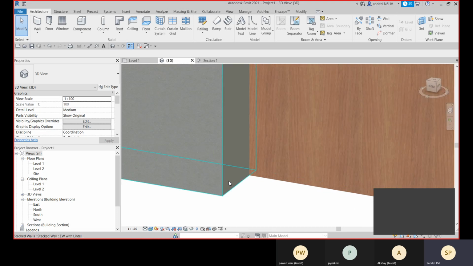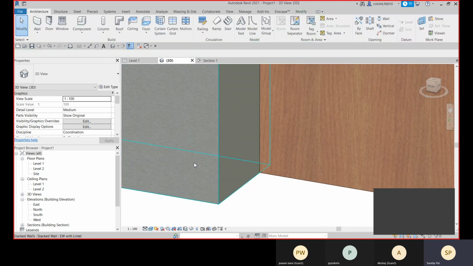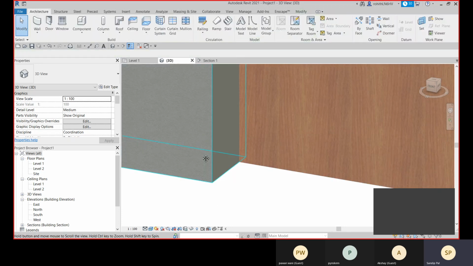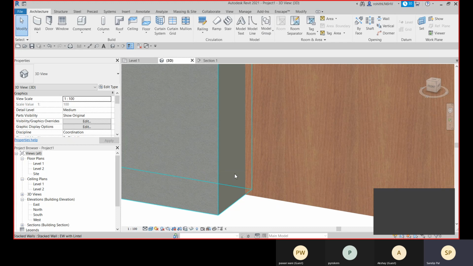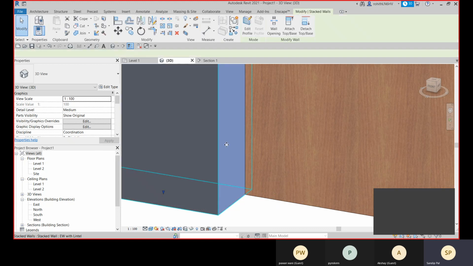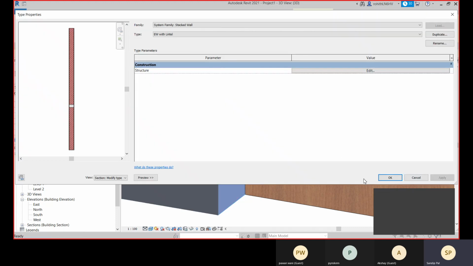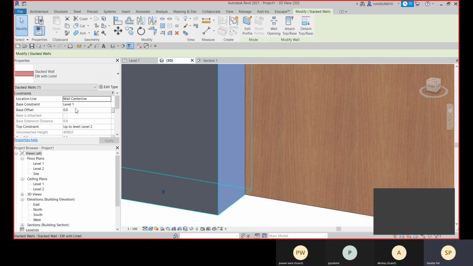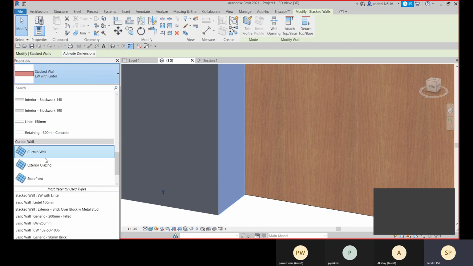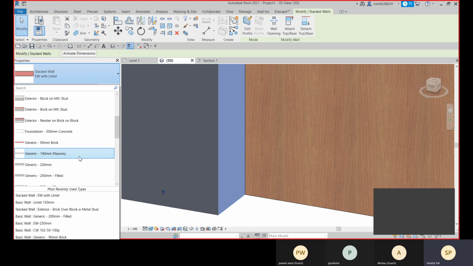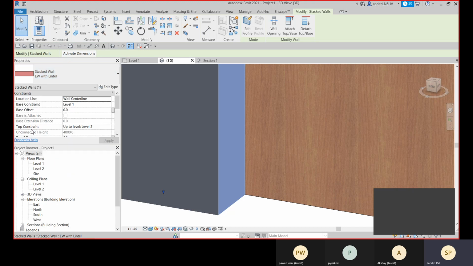All right, and now you can see that at the end I'm not getting that particular finish layer, right? I'm not getting that plaster at the end, right? So this is insert. So for this wall, this one, right? So for this,